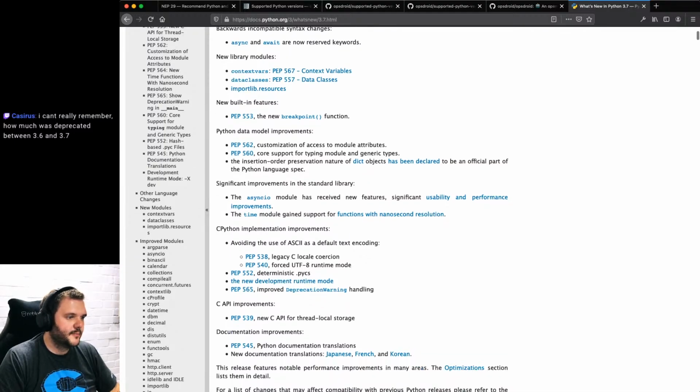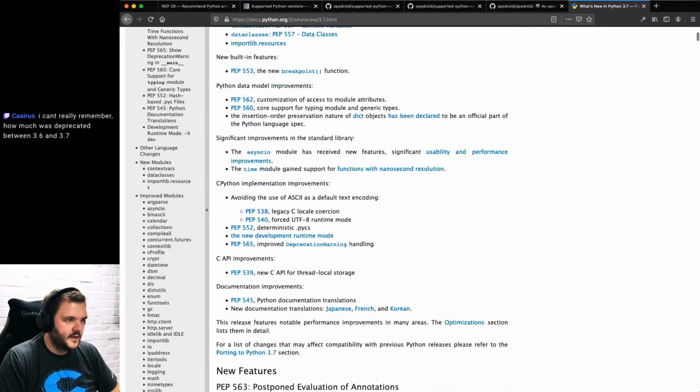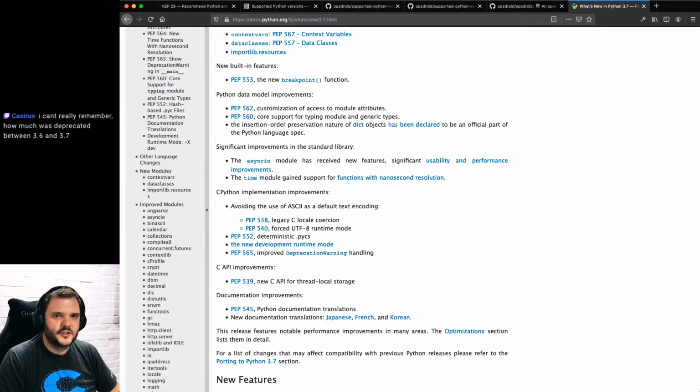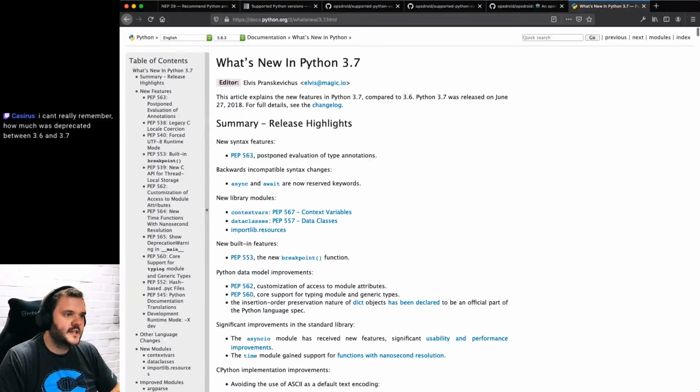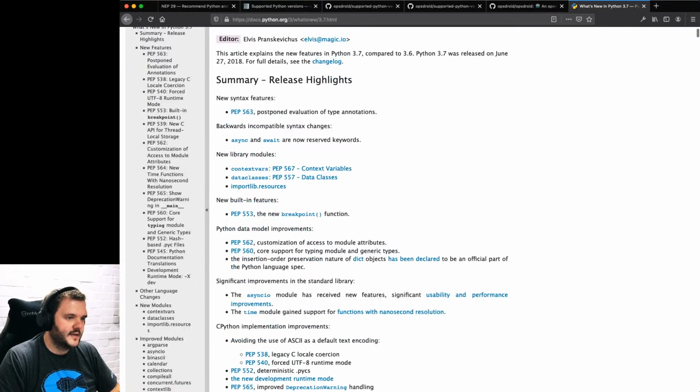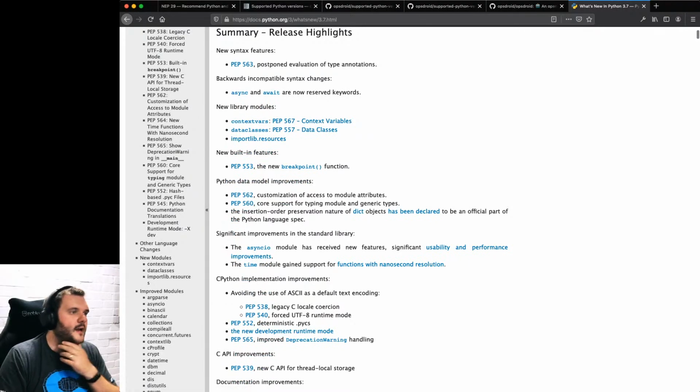There are some general improvements to asyncio, I think. You can just do asyncio.run and stuff instead of having to set up an event loop. It will handle all of that underneath. The thing we're particularly interested in for Opsdroid is data classes. Those will be great, and we'll be able to add them in the future. There's not a huge amount, though. When we went to Python 3.6, there was a bunch of stuff, like F-strings and all sorts that we were very excited about.